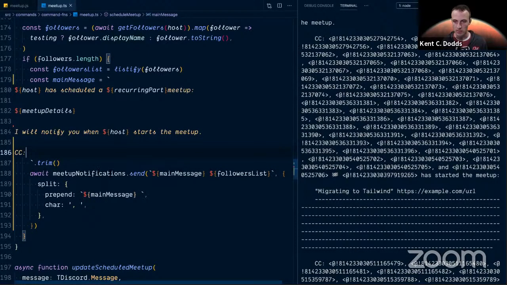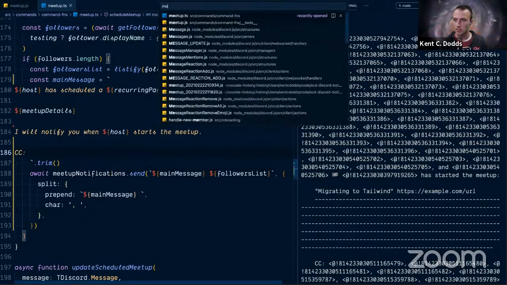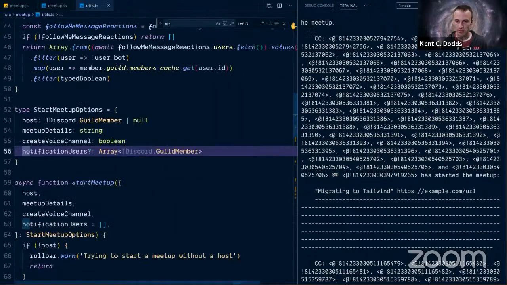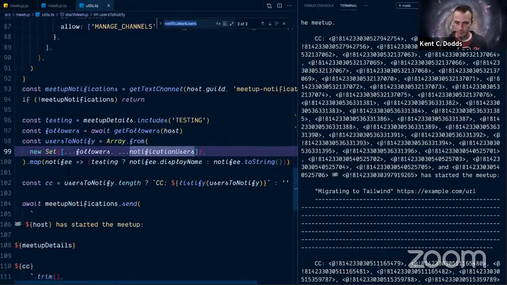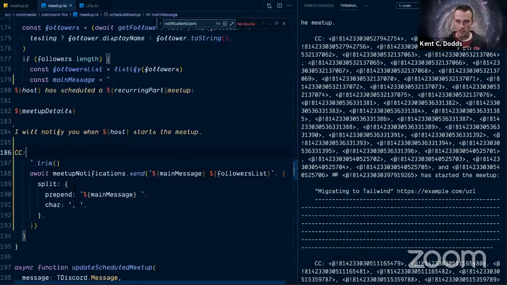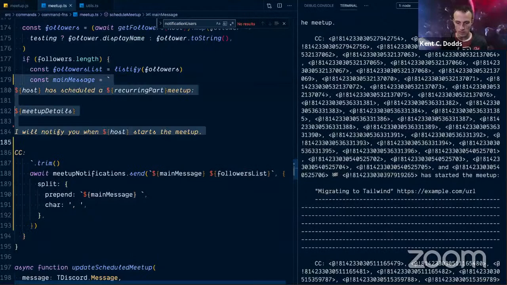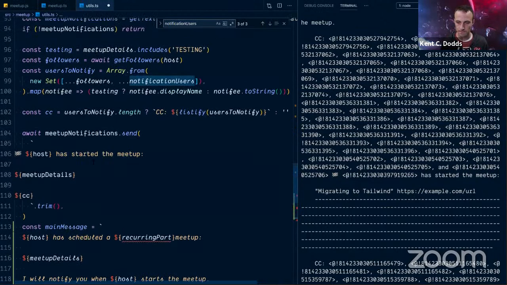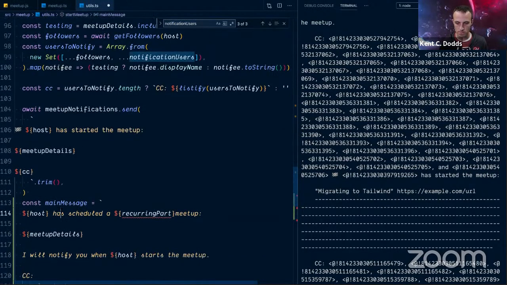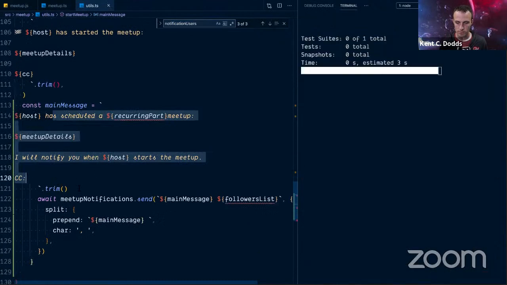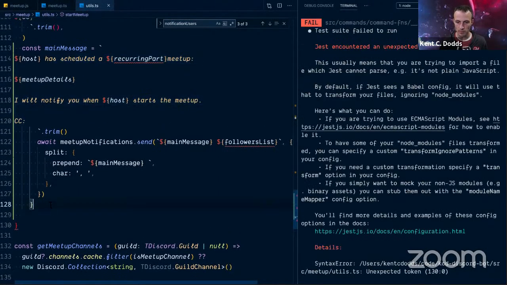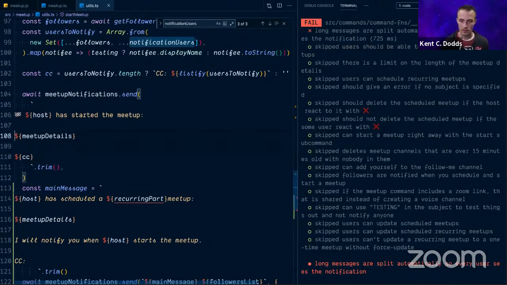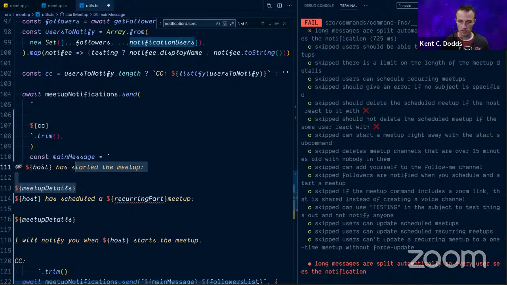Okay, so now we just need to do the same thing. And that's going to be the meetup in the utils. Or no, utils. There we go. Notification users. And do a very similar thing. Yeah, I added something. There we go. Okay, so then our main message is right here.